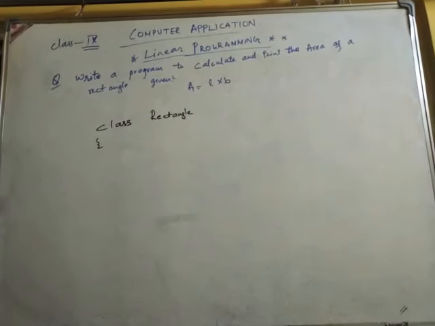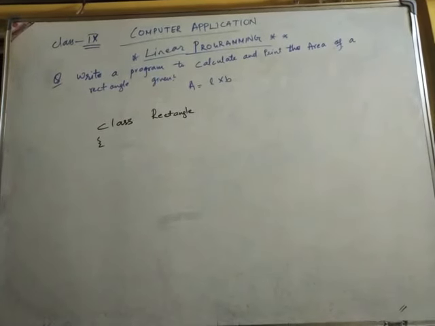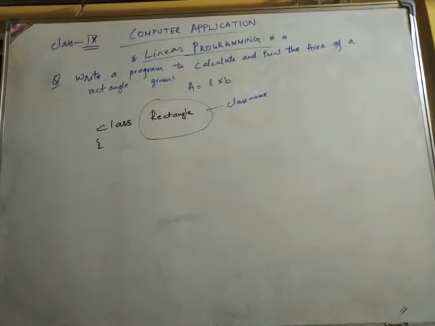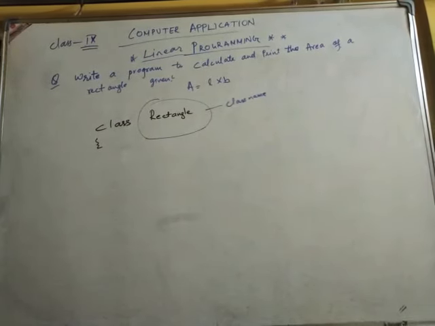Rectangle here is the class name. Now, for the class name, we can take any name according to the question. I thought of taking Rectangle because we're talking about a rectangle. You can take a class name Shape, you can take ABC, whatever name you like. In this case we have taken Rectangle. So we have the class name Rectangle here, okay. Then we have opening braces.